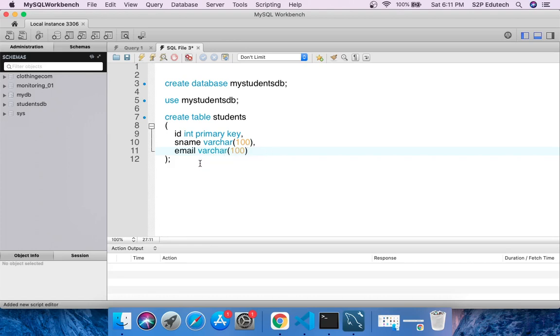Right, so I'm trying to create a table students, or I'll call it just student. I'm trying to create a table student inside the database my students DB. Right, this students has three fields: ID, S name, S name is short form for student name, and an email. Right, along with that, what I will also do is I'll create another table